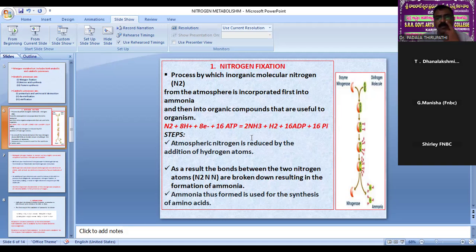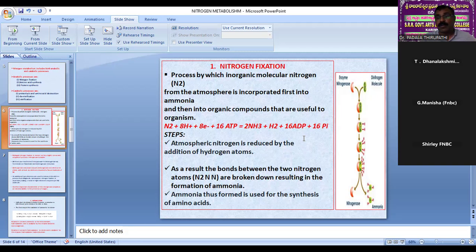Then this ammonia further formed is used for the synthesis of amino acids. We know that 21 essential amino acids are there. So amino acid biosynthesis is from the 2 moles of ammonia converted by nitrogenase enzyme from the atmosphere. Am I clear? And my dear friends, remember the nitrogenase enzyme is useful for the destruction, catalyzed